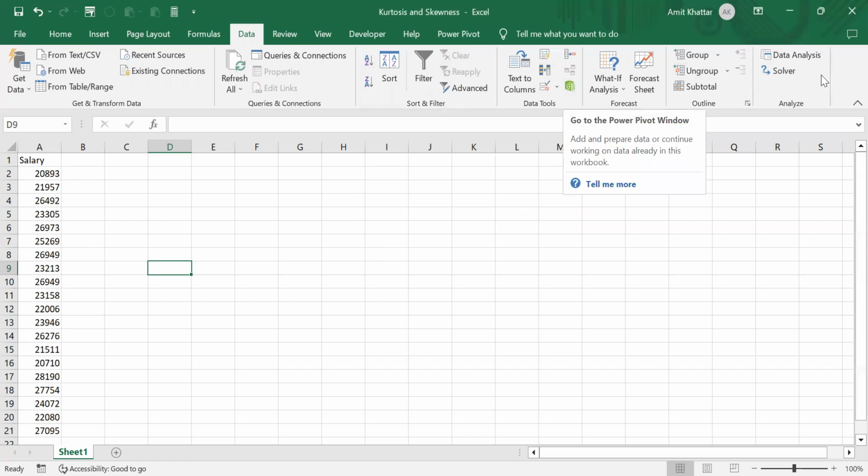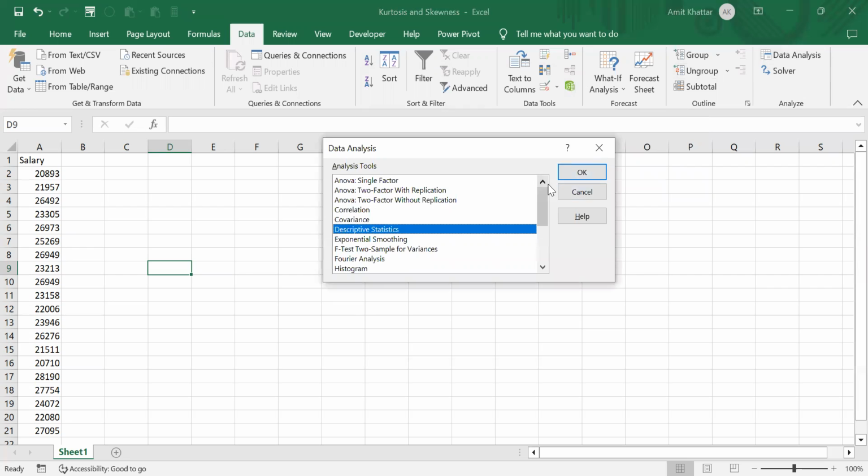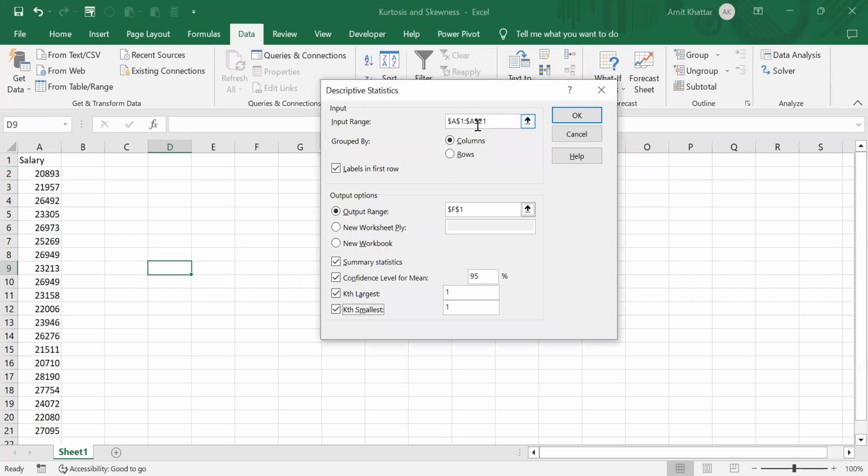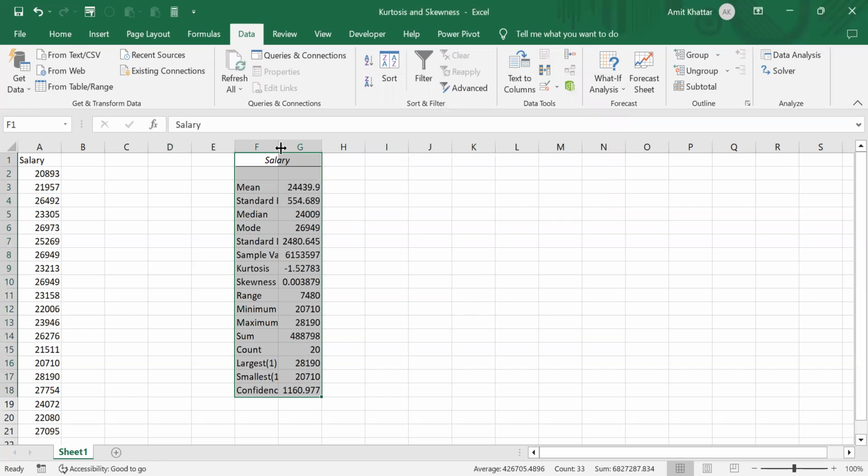Now that we have the Data Analysis, we'll just click on this. Go to Descriptive Statistics, Input Range, A1 to A21 by columns. I have the labels. I want the output, let's say, in F1. And I want to see the summary statistics, confidence level, kth largest as well as kth smallest. So 1 is for the first one. If I click on OK, what I'm getting is this data,